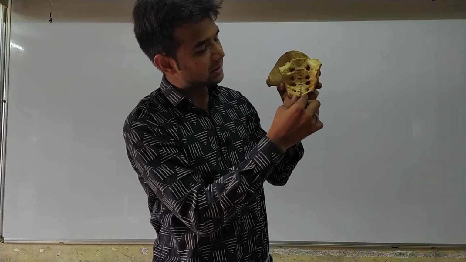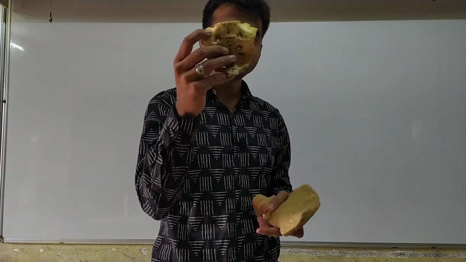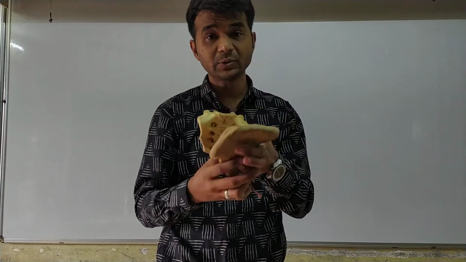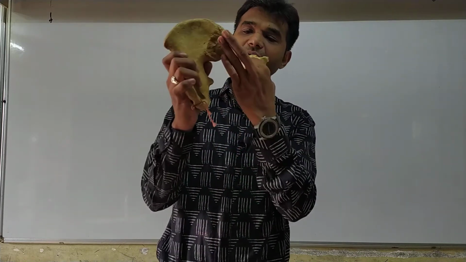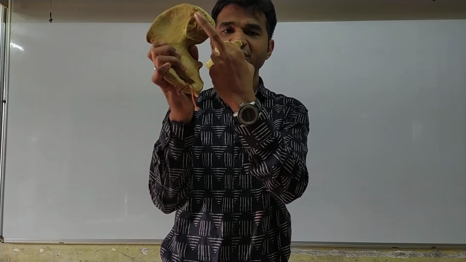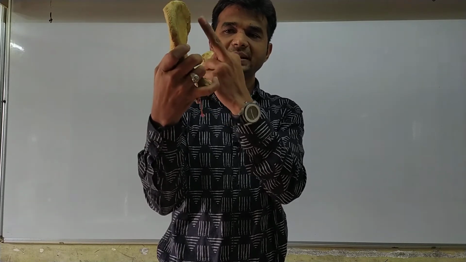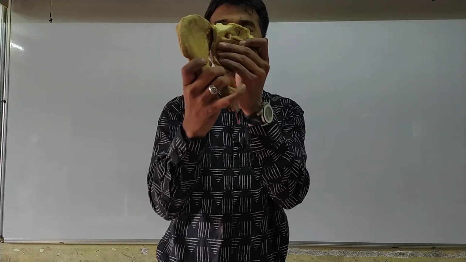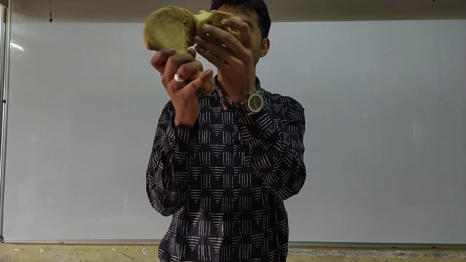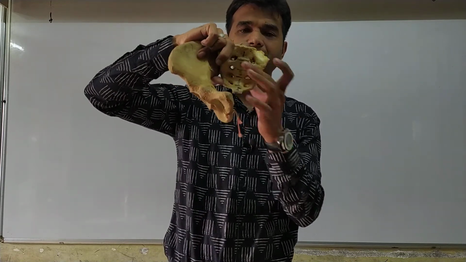In other animals the tail starts from here, but this is the vertebral column part, and it is fused there. So this one is the adult bone, and now you see that in the ilium this is the rough surface. This rough surface is on the posterior side and it articulates with this. One hip bone is connected here.